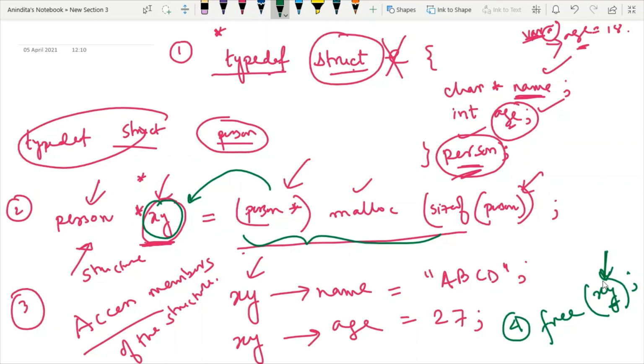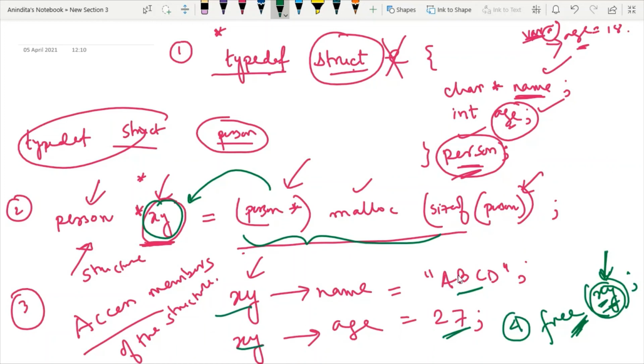But try to understand one point. Deleting memory means what? We may think that, okay, free xy means I'm deleting the variable. No. The point is, whenever you write free and then some pointer variable name, it will delete the data that is held by the variable.